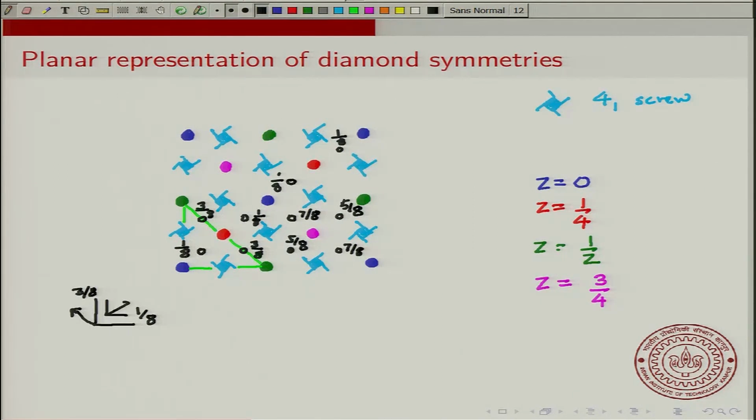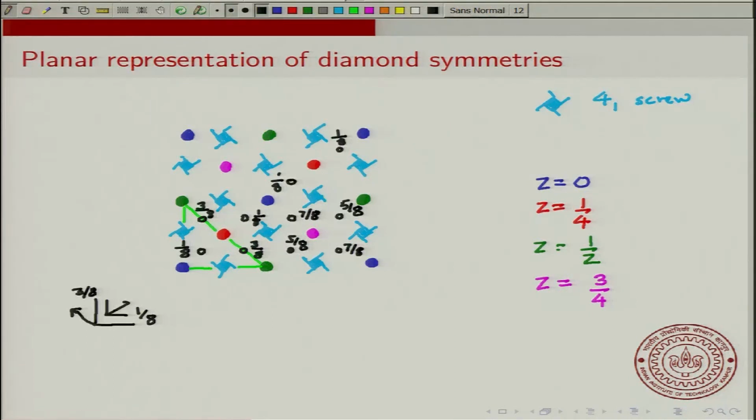Okay. And I am not showing the other parts of this unit cell. Essentially, what I am trying to say is that you just need to know the symmetries of this asymmetric unit, or where the symmetry elements are, and essentially you are done. Okay. Now there are several other axes. For example,